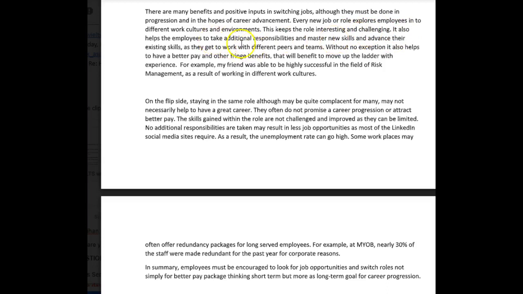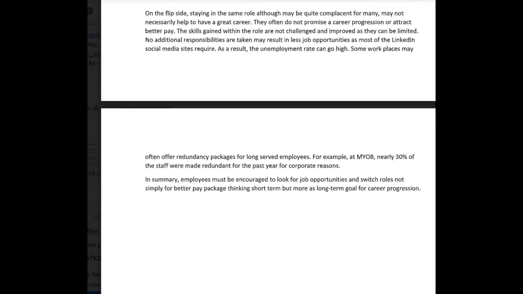Okay, this was okay. And then here, how is better pay and other fringe benefits involved in this? So all of this needed a little more support. Otherwise, you're just kind of throwing out ideas and not really anchoring them at all with support or explanation. Okay. On the flip side, staying in the same role,